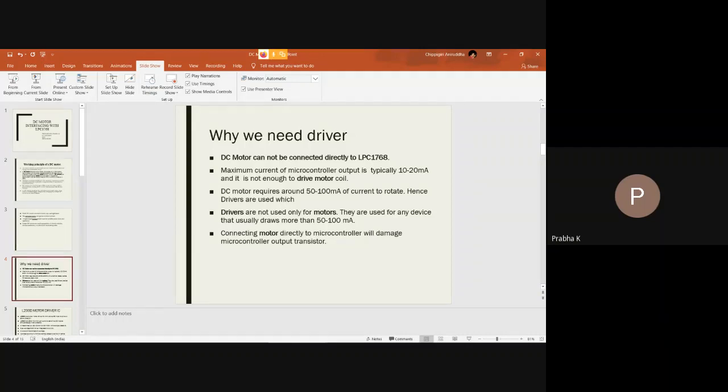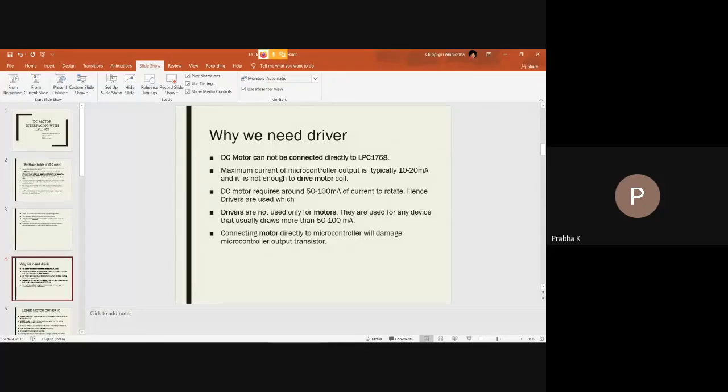And another thing, if you connect the motor directly to the microcontroller GPIO pins, it will damage the microcontroller output transistors present at the output GPIO pins. These transistors will be damaged. So these are the precautions to be taken while connecting a DC motor to the LPC1768.